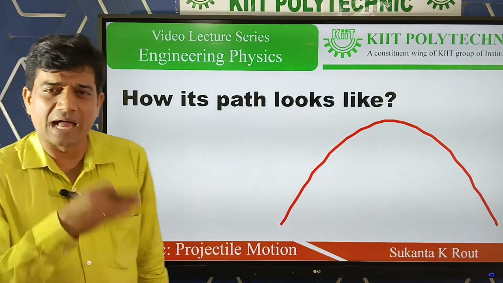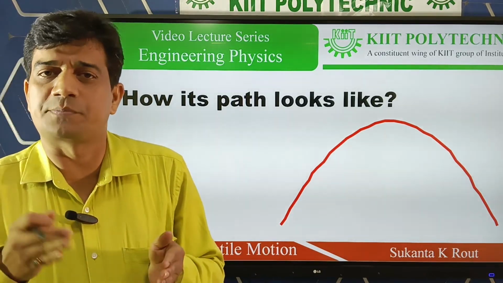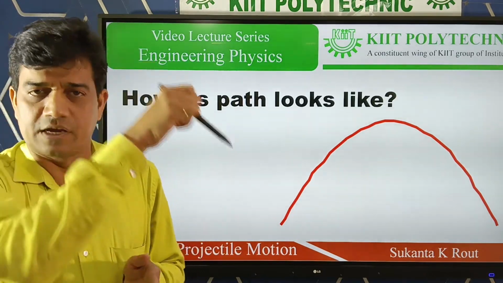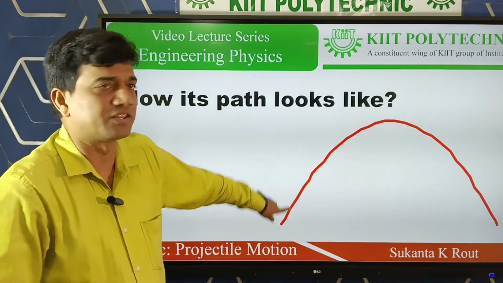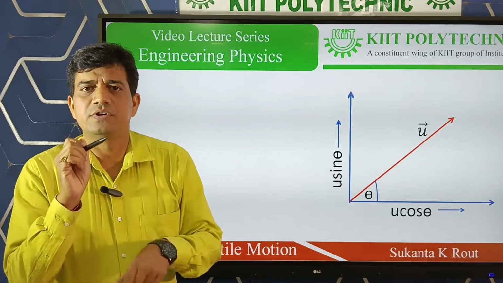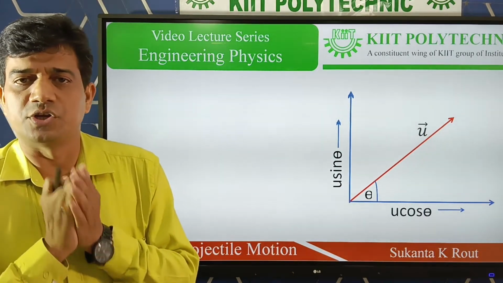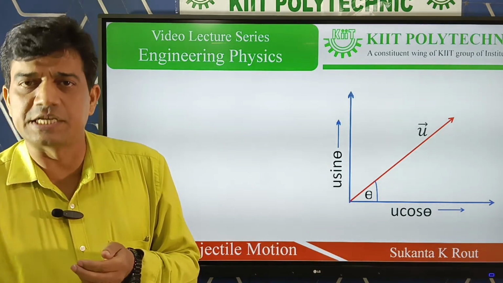So the path of the projectile, you can say the trajectory of that projectile. Suppose you are throwing a javelin, the path followed by the javelin will be like this. So it is nothing but a parabolic curve. In order to discuss the nature of that path or the trajectory,